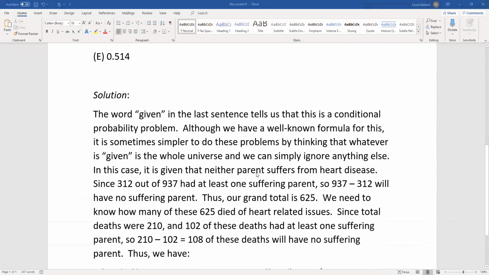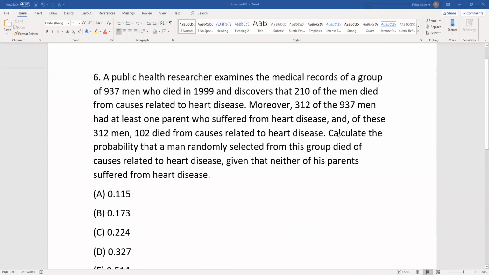So that's what we're saying here. Since 312 of the 937 had at least one suffering parent, the difference will have no suffering parent. And that difference is 625, which, as we said, will be our grand total because that's what's given in this case. So what we need, looking again at the problem, is the probability that a man randomly selected dies of causes related to heart disease, given that neither parent suffered from heart disease. So out of the 625 where neither parent suffered from heart disease, we need to find